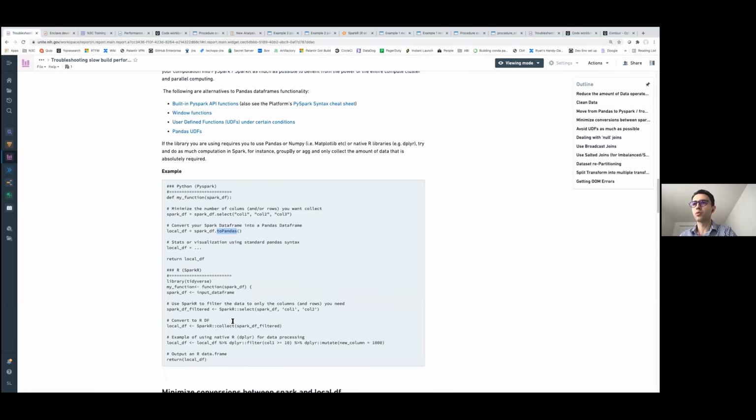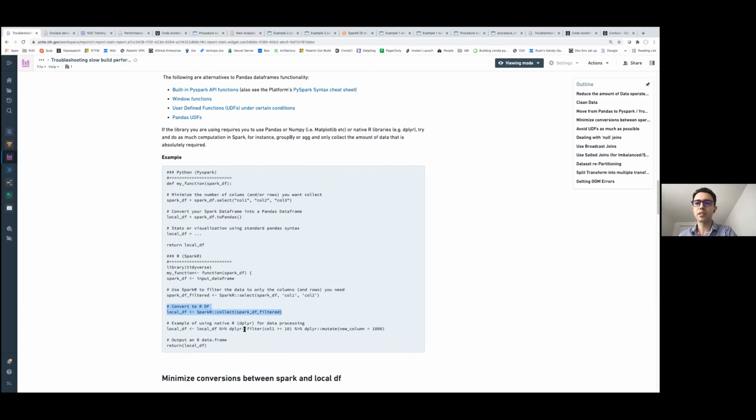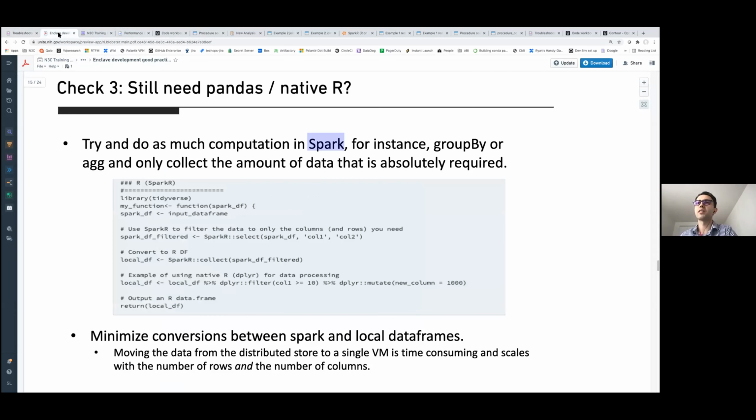For R, you just use the keyword collect, and once you minimize your data set, you can convert to a local data frame and then use the libraries that you're used to, either dplyr, for example, in R or other Pandas libraries, and do your data processing and analysis. And that should hopefully help run your analysis much faster, even though you don't use full PySpark or SparkR code.